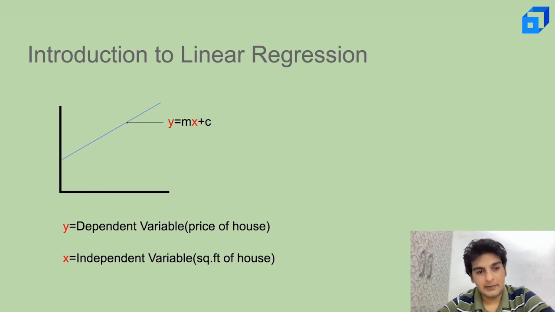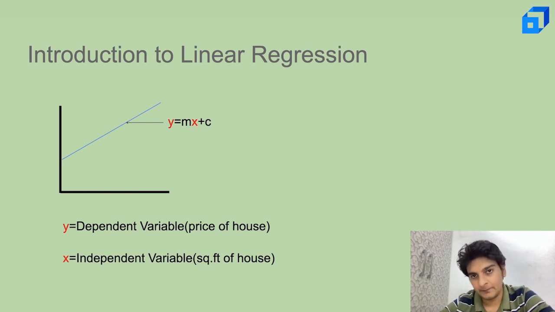So let's say I'd want to predict the price of a house. Now I'd want to do this on the basis of another variable, which is the square feet of the house. So let's say I am looking to buy 1000 square feet and I'd want a standard price for it in a particular area. Currently I live in Bangalore, and let's say there's this place called Koramangala in Bangalore, and if I'd want to buy a property of around 1000 square feet,